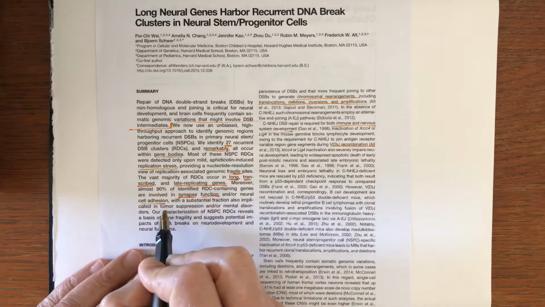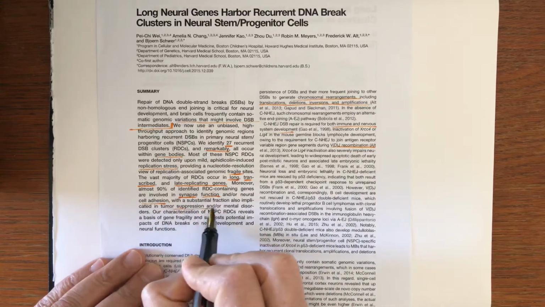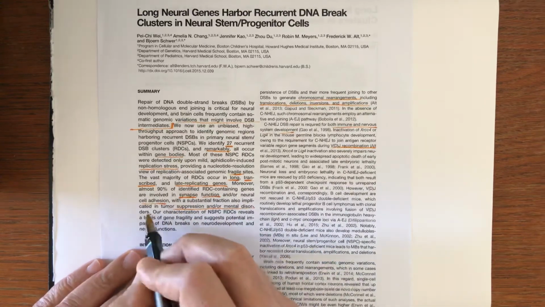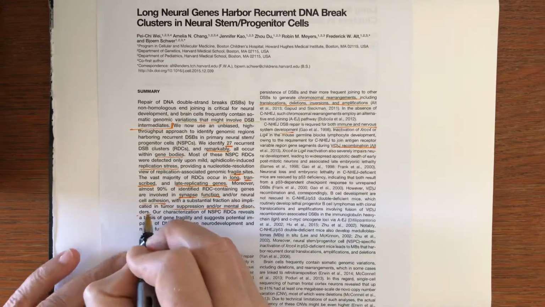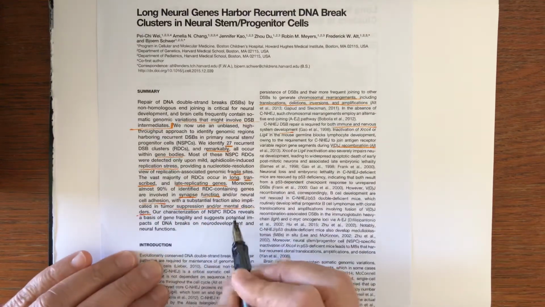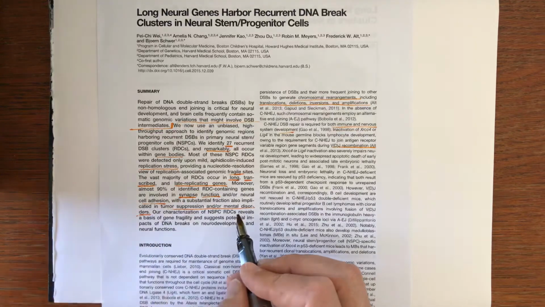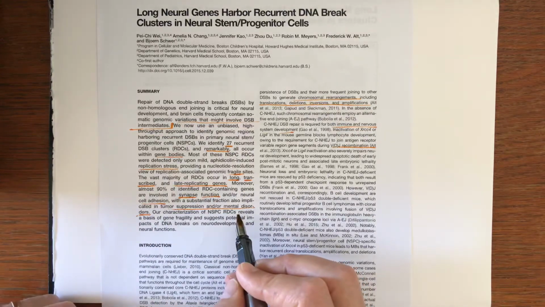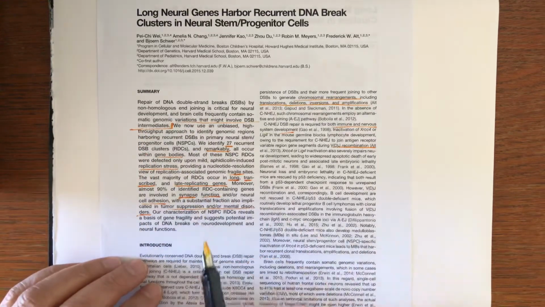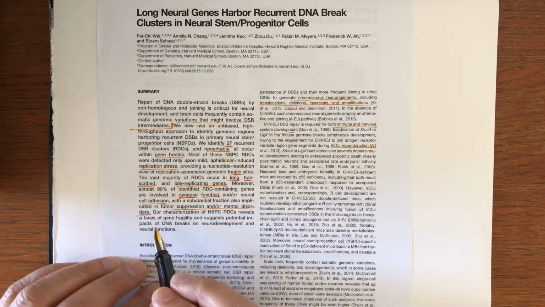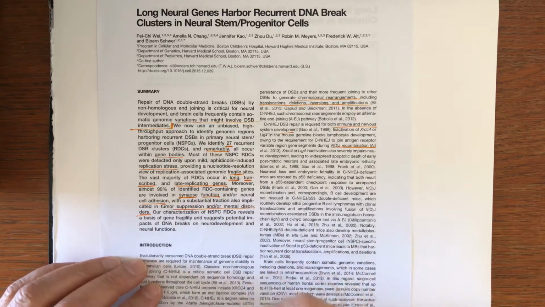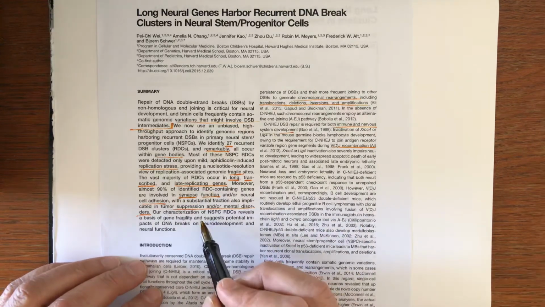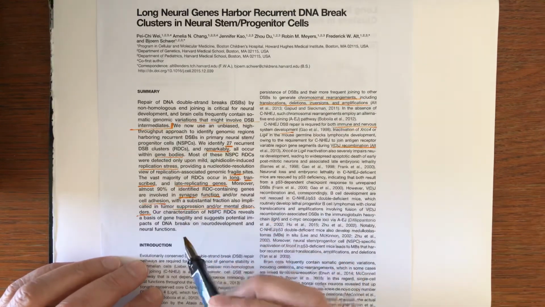with a substantial fraction also implicated in tumor suppression and or mental disorders. What does that mean? Well, that means that gene is implicated in mental disorder. It means its absence causes mental disorder, which implies that if these genes don't undergo rearrangement, if this mechanism of genomic mosaicism doesn't occur, it can cause a mental disorder, that our intelligence and normal mental functioning requires this genomic